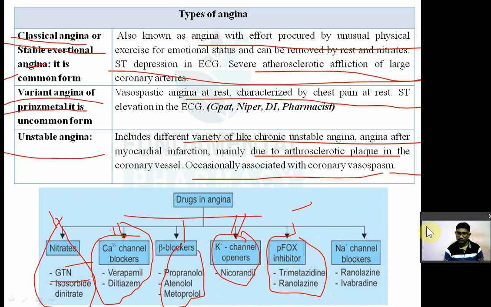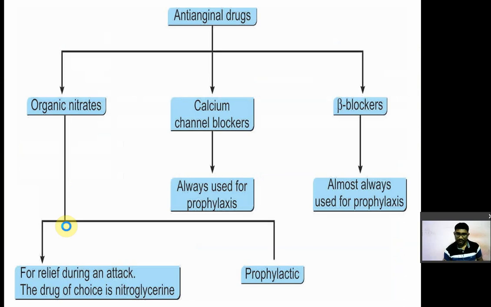Now you can say next class is nothing but the sodium channel blockers. In that you have again ranolazine and ivabradine. So these are the different classes 1, 2, 3, 4, 5. There are 6 classes of drugs used in angina pectoris. Again we will see the classification of drugs कि कौन से drug इसमें angina pectoris में use किए जाते हैं.